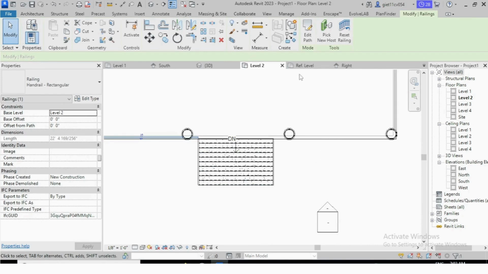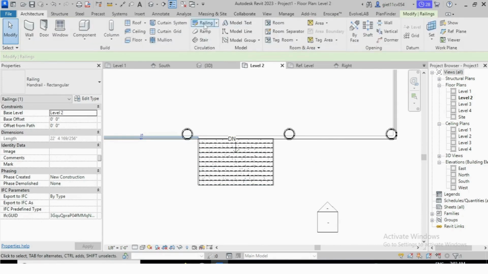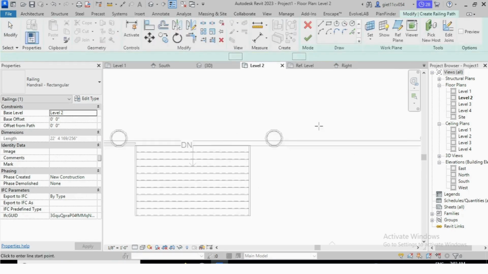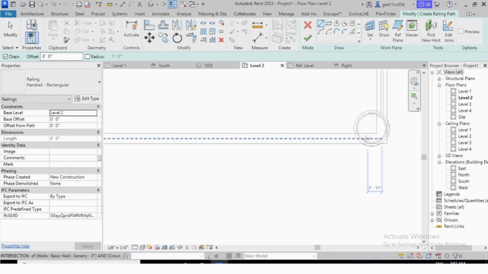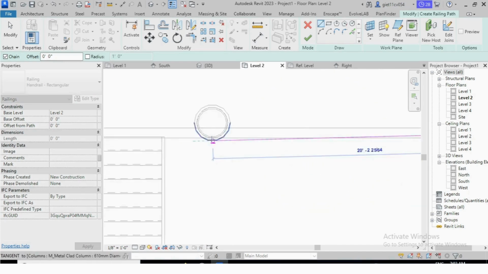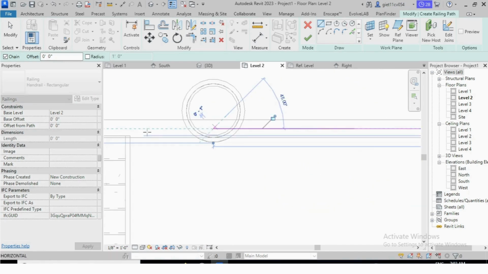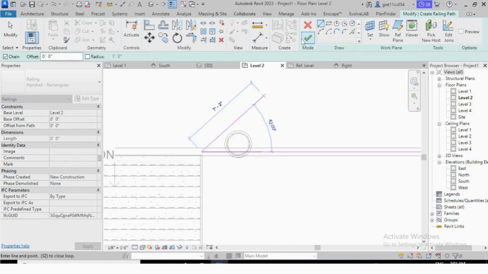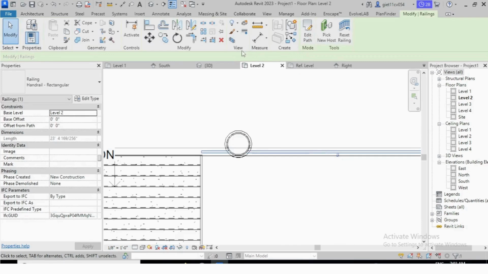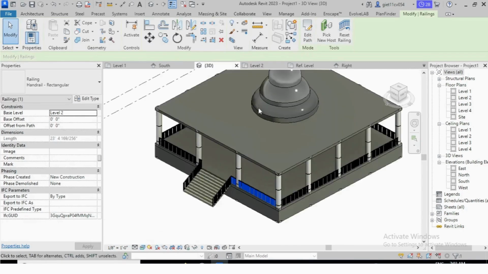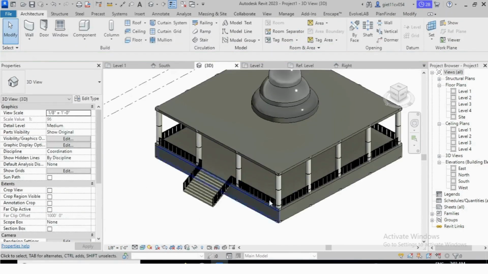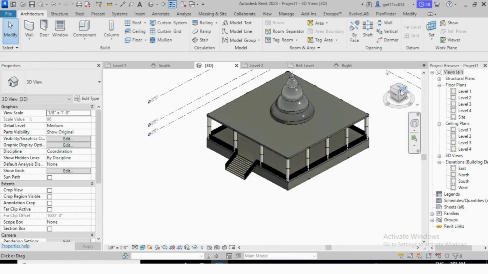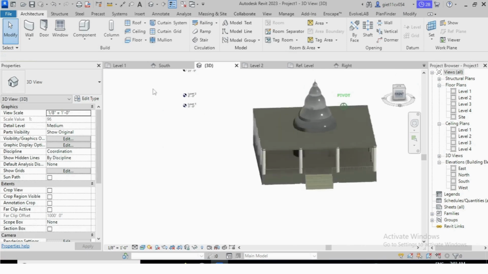Now we have to place this side also. Okay, now finish it. Let's go in 3D and see how it looks. You can see now it looks good.